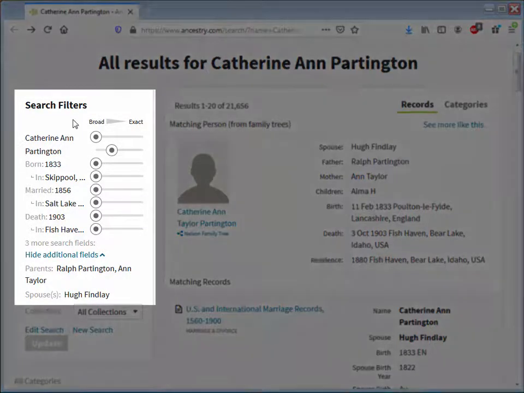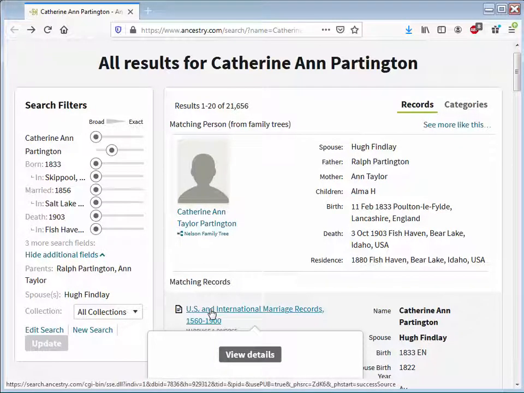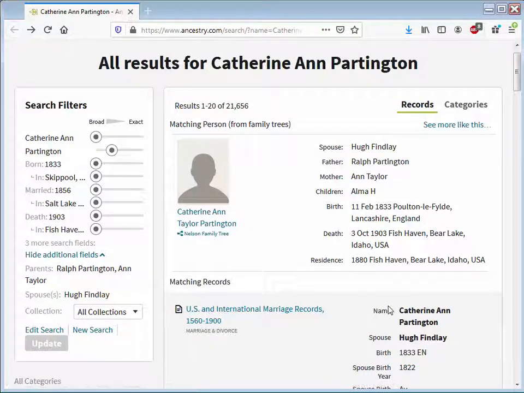And you'll see here on the left bar that Ancestral Quest has passed to Ancestry the name, birth, marriage, death information, as well as the names of the parents and the spouse. Through this, Ancestry.com can do a really good job of locating the specific person you're after. Now, what I'm really after with Ancestry.com is not this initial list, but if I can find an item in the list that I can tell for sure is my person,